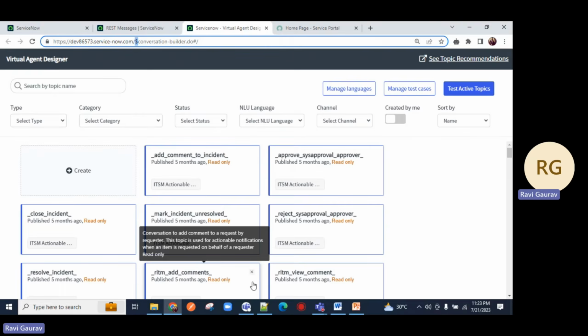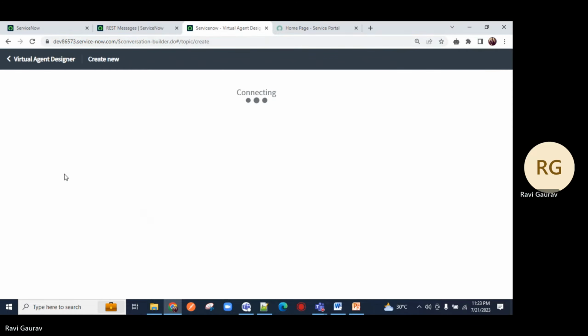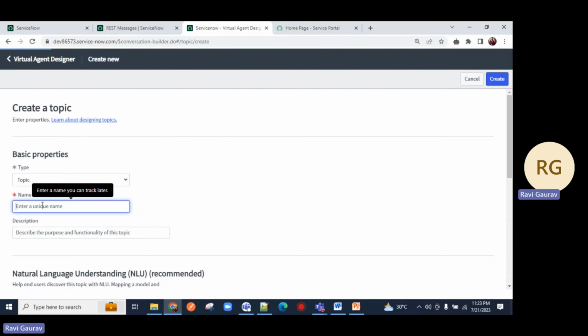But before that, remember, you should activate the plugin, and I'm assuming you know how to create a REST message. Once you are done with these two, just come to this virtual agent designer. If your virtual agent is outdated, you will get this option over here to update it. In my case, mine is already updated. So I will just click on this option called create. Once I click on this option create, I will get an interface where it asks me what should be the name. I'll put here